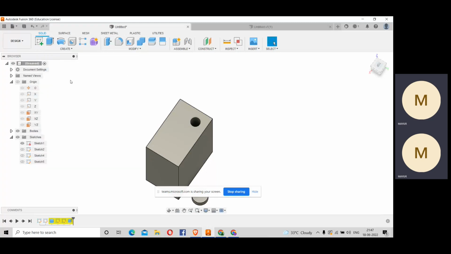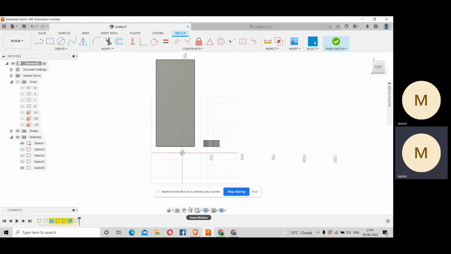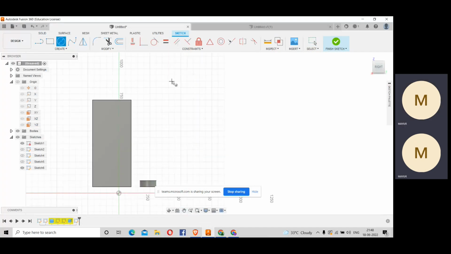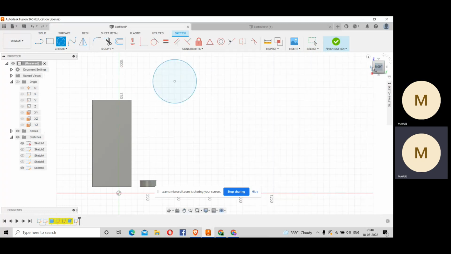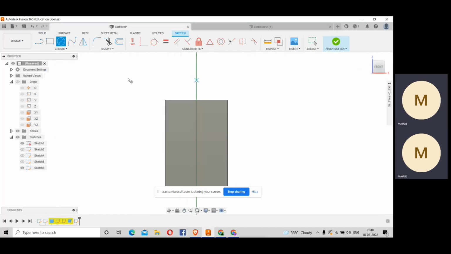Sweep tool, like it's a very important tool. If I go in a sketch page, I draw a circle in this plane, and if I change the view, and from the center of the circle... this is happening because I have selected only that plane for the sketch, so I should go in 3D workspace